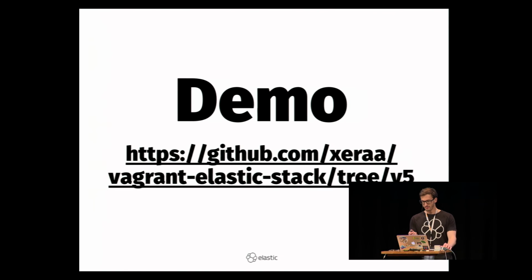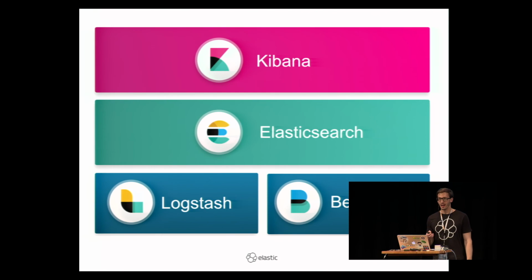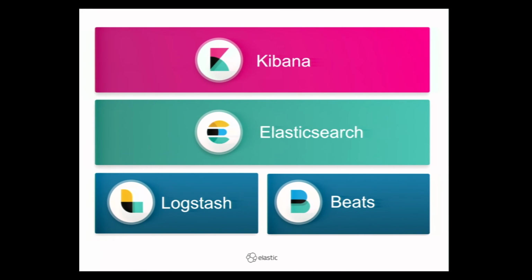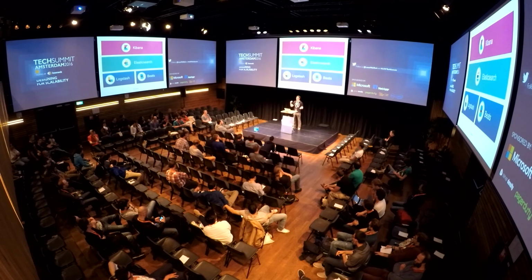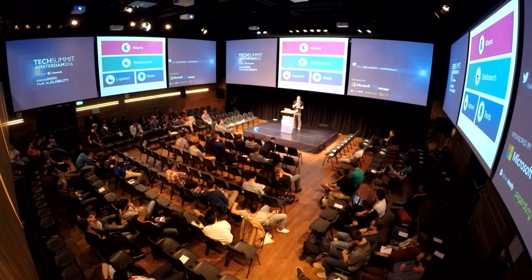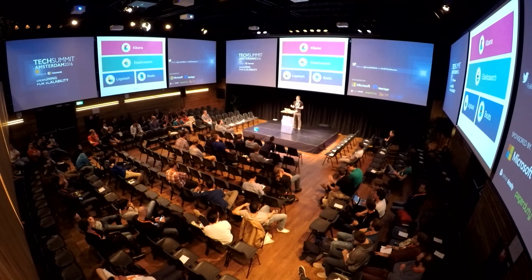Okay, so to conclude, there was the Elk stack, now it's the Elastic stack with Beats, the lightweight agents to ingest stuff. There's Logstash to do the heavy lifting. Logstash is not going away, it's just not doing all the things anymore, but there are different pieces it's still doing, and it will be around. For example, if you need to get stuff from various different sources, aggregate them and do complicated lookups, that is still what Logstash will do for you. Then there's Elasticsearch to store your stuff, and Kibana to visualize and graph it.